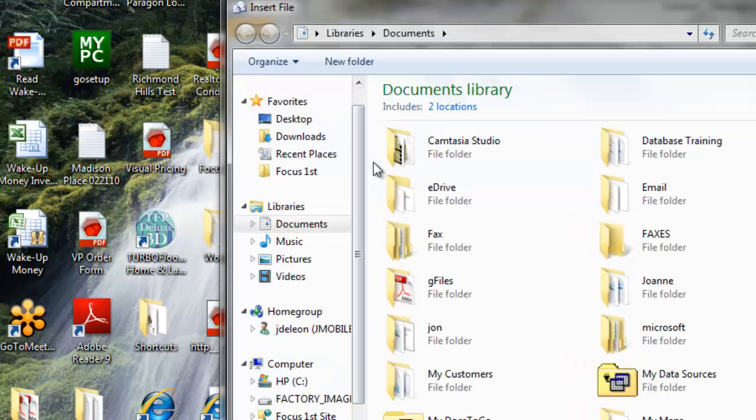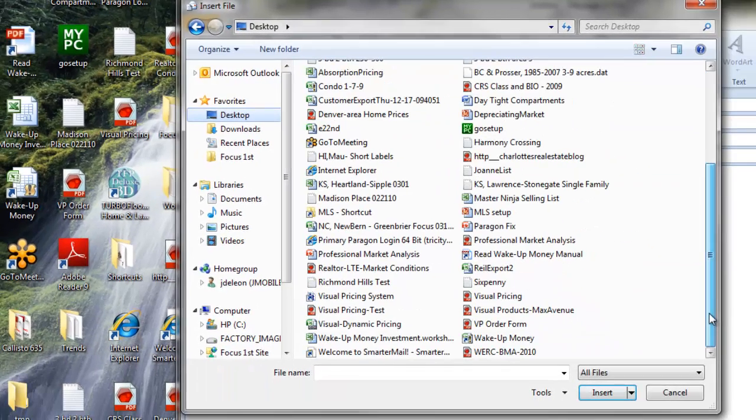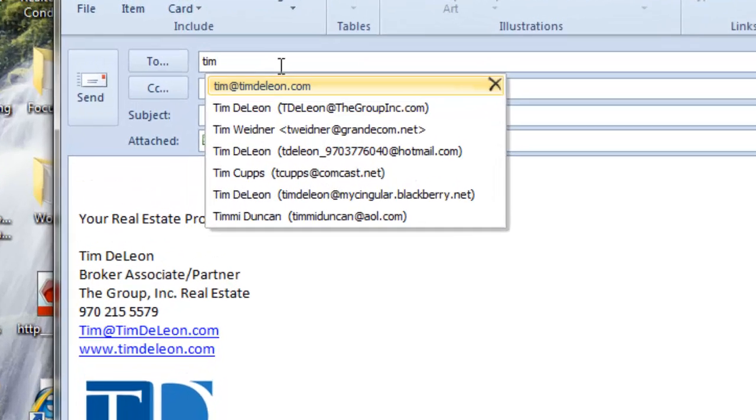A lot of email systems do not allow you to drag it, but then you can just attach it. See, I can click on Attach File, select desktop, and then there's our Wake Up Money investment spreadsheet. We can insert there, and there it is. So I can send this off to